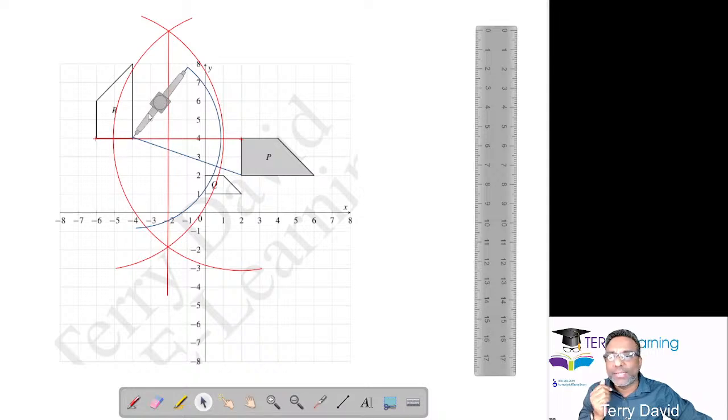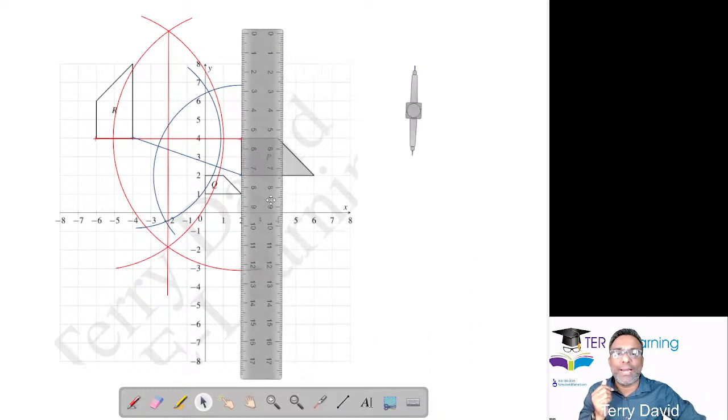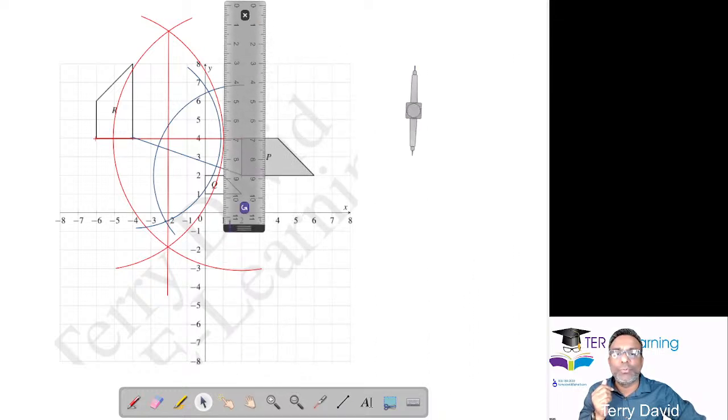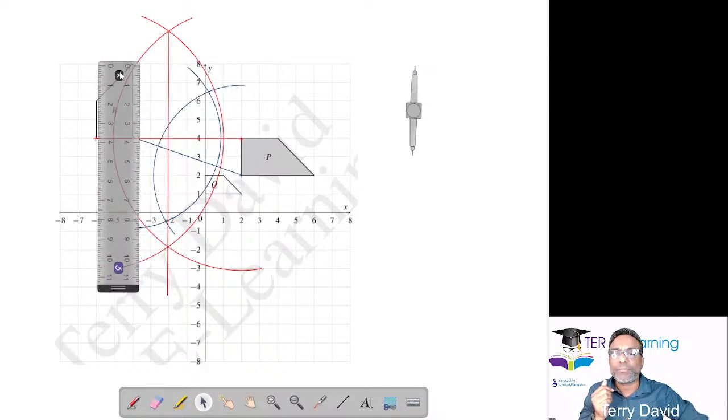Hopefully that arc is big enough. Then we come on this side, and we draw a second arc here. So when I take my ruler and draw a line passing through those two points there,